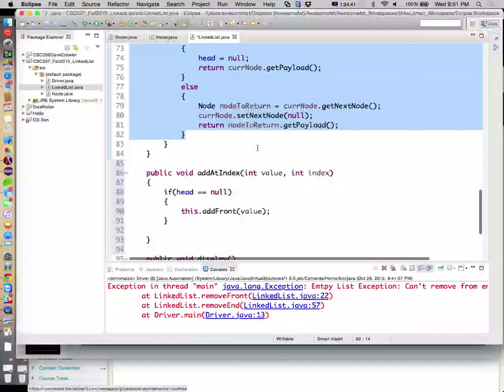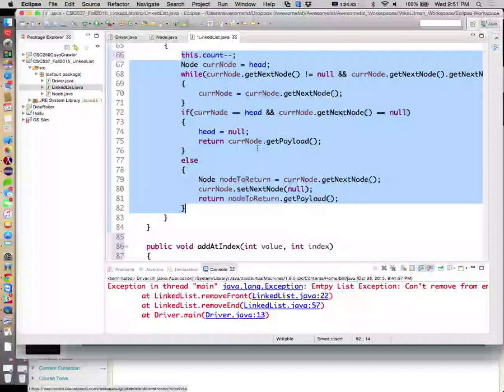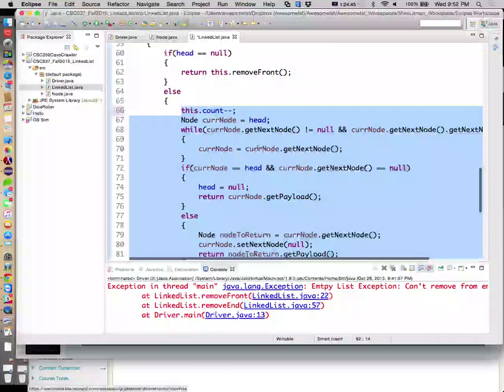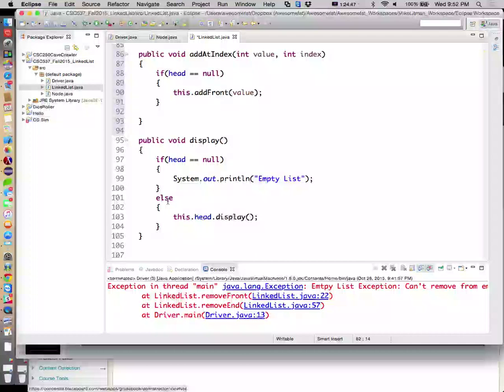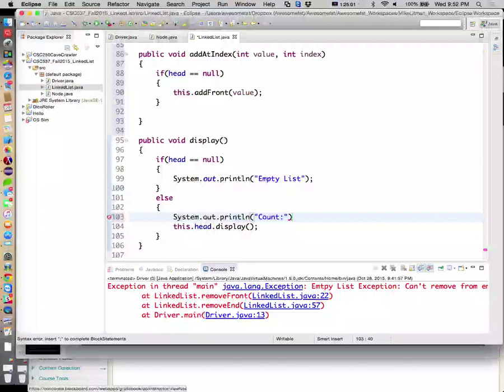Okay. Now that we have a count, we can prove that real quick. When we say display, let's just do system.out.println this dot count, and then we'll do the whole display stuff.